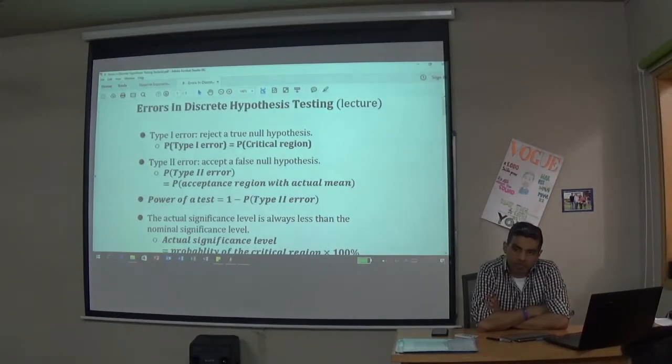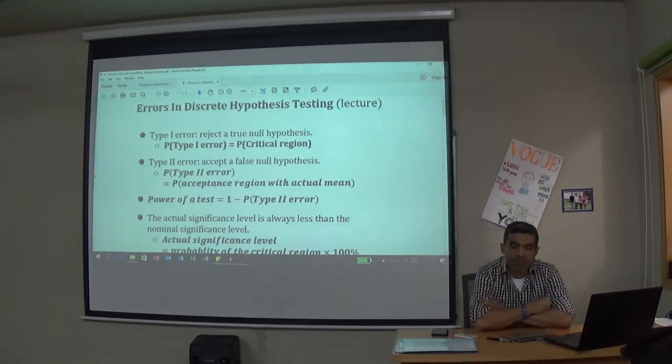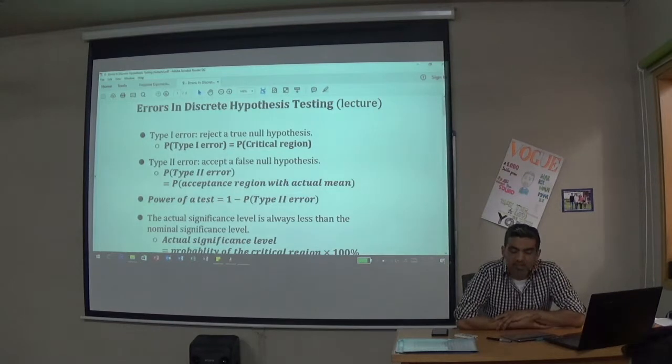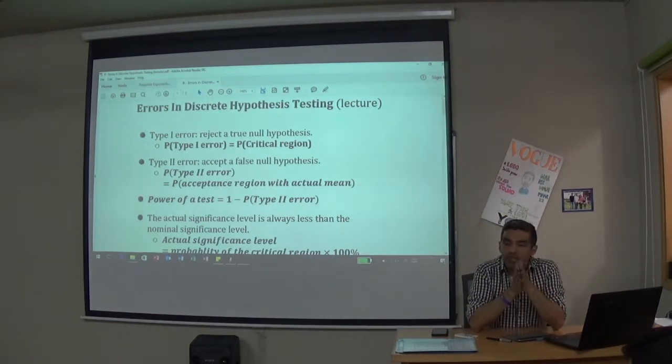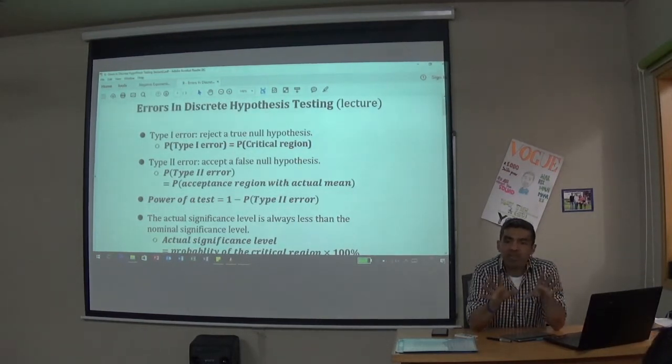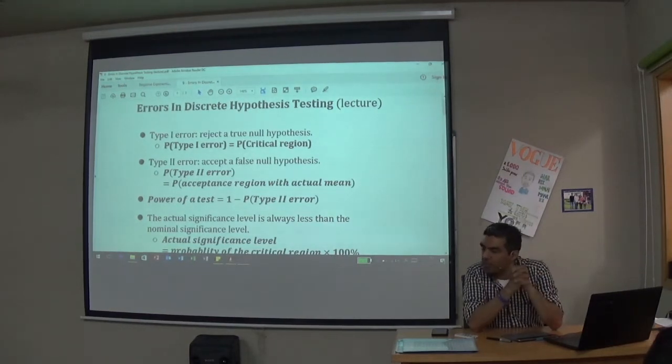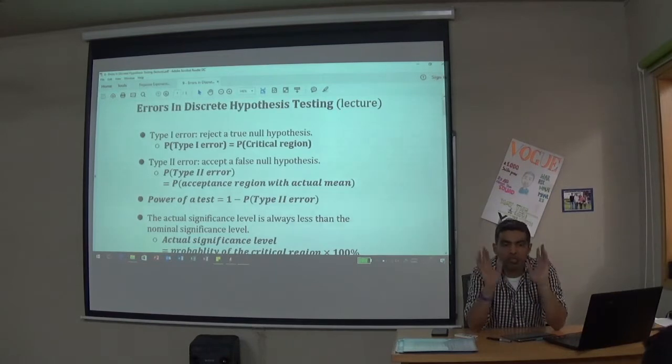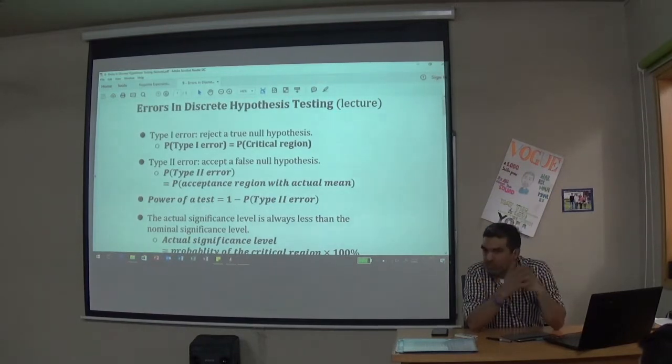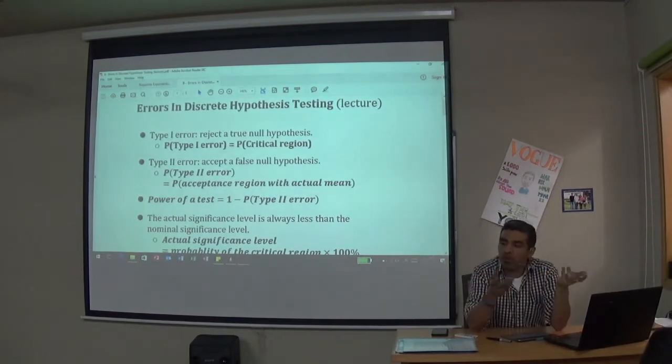We're done with discrete hypothesis, and now we're moving on to errors in discrete hypothesis. One thing that I need to say before we move on: the probability of type 1 error we've already calculated for the continuous. If you remember, for type 1 error, we used to just take the significance level as it is. We used to say the significance level was 5%, so the probability of type 1 error is 0.05. If the significance level was 10%, we used to say the probability of type 1 error